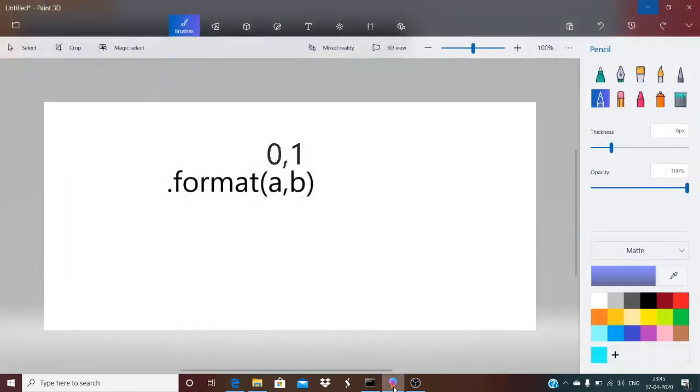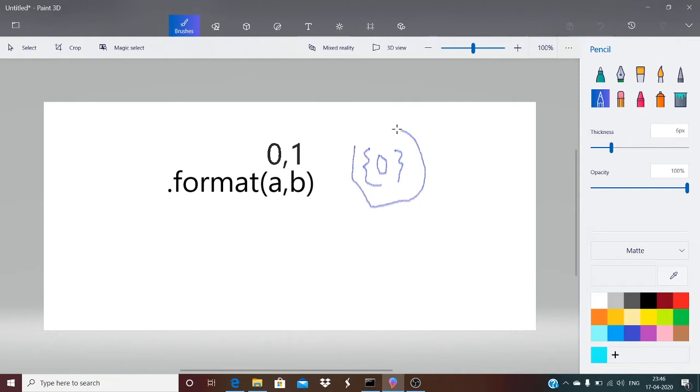Let me show you. Dot format as index 0 comma 1, just a comma b, just the same. So when you write 0 in curly brackets, wherever you write it, it doesn't matter if it is after 1 or wherever, the value of a will be printed at this place where this is written. Value of a will be printed at this. Sorry,